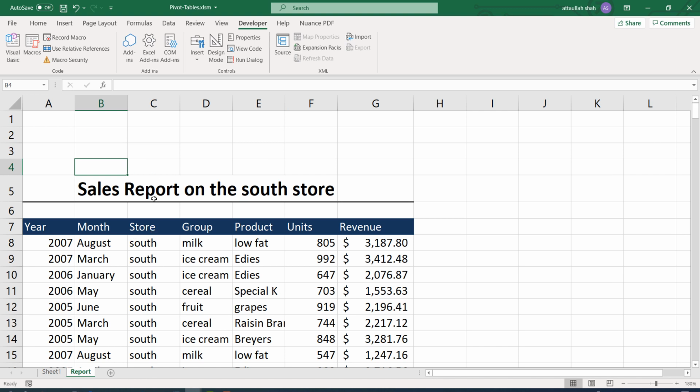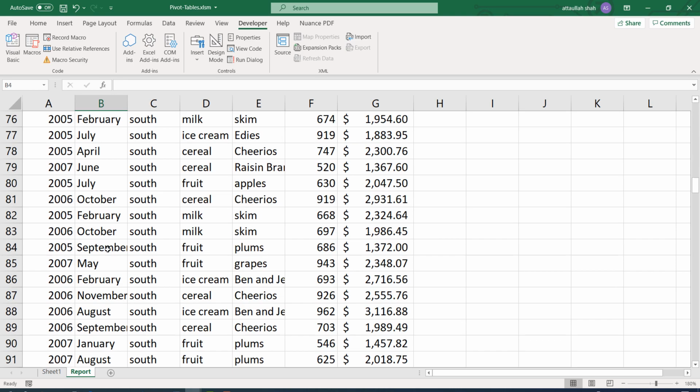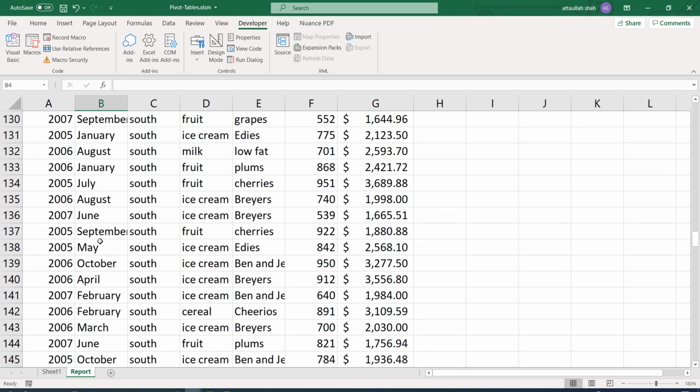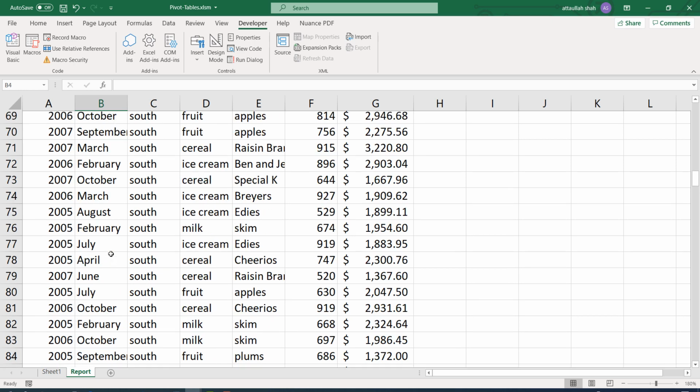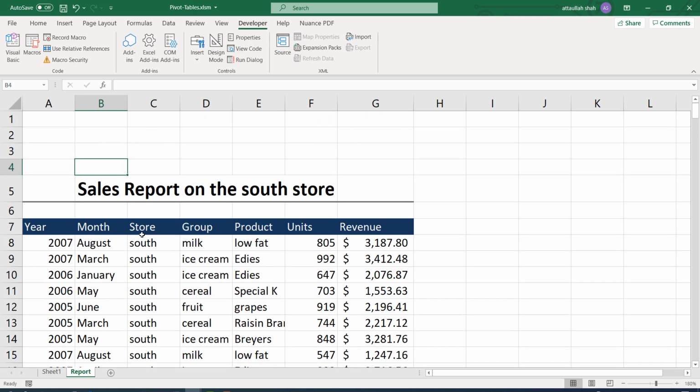So this macro is going to clear any text or any formatting on this sheet, so that when the new report or the new data is copied here, there should be no existing data on this sheet. This is important because if you are generating a new report and you are pasting data onto it and the new data is less than the existing data, the content will mix up.